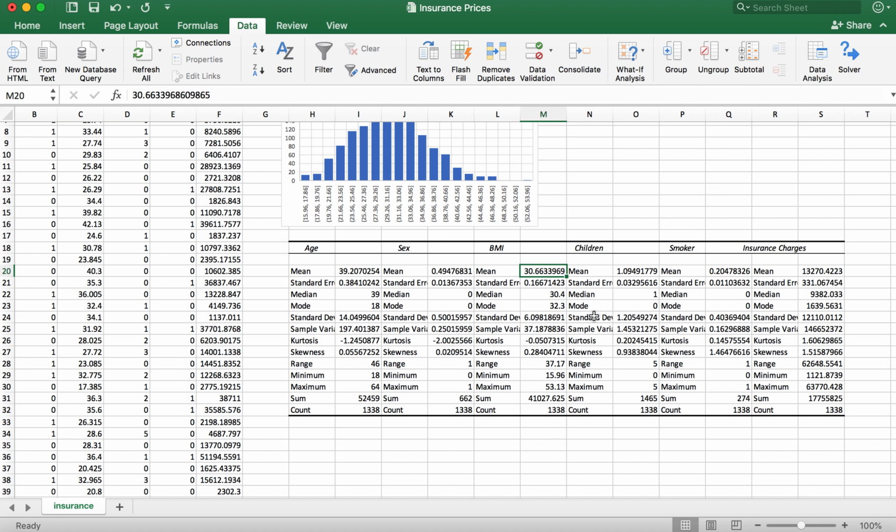Sex, we talked about it. BMI is about 30.663. Mean of children is 1.09 children, and mean for smokers is about 0.204. Once again, if you're a smoker, you're 1. If you're not a smoker, you're 0. It tends to be closer towards 0 than towards 1, which basically means that most of the people tend to be non-smokers. And then your mean insurance charge seems to be about